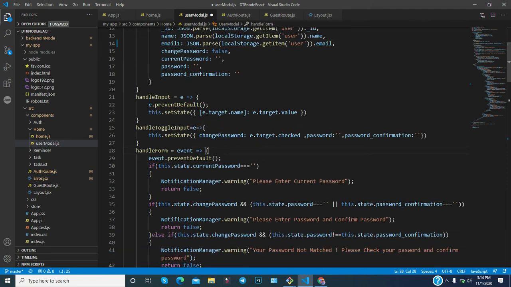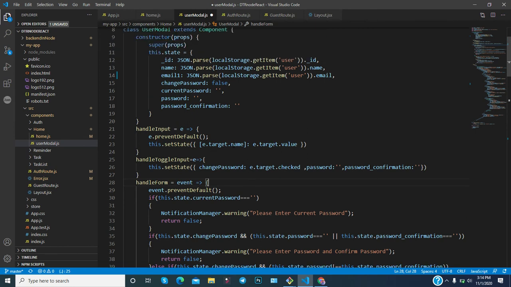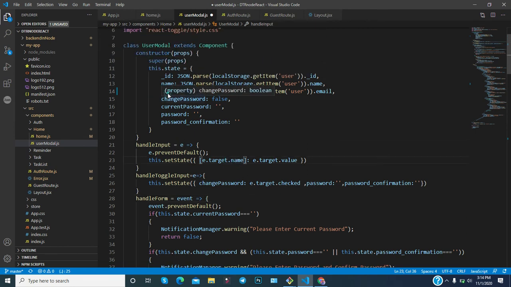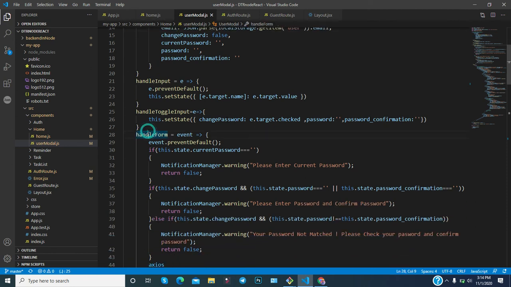Since you are changing using e.target.name, and the state name and the input element name are both the same, that's why it is working. So e.target.name and e.target.value mean the name is the same as the state key, and in that state key you are setting the latest value. Okay, so that's why it is working. Sometimes for beginners setting state is a big issue. So in this way you can set state in the onChange method, and this one is a toggle, and another one is for submitting the form.